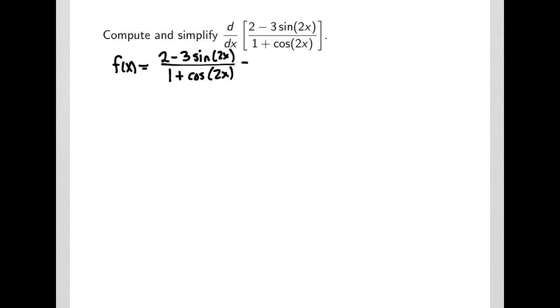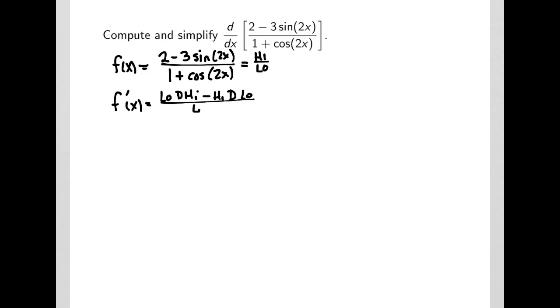When I talk about low and high, the top, the numerator, is my high, and the denominator is my low. So my derivative is low d high minus high d low